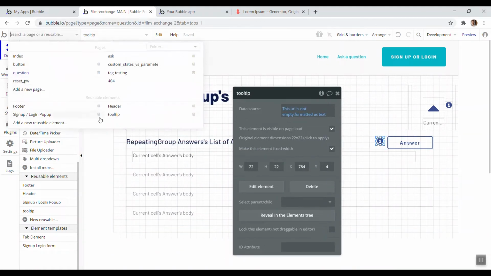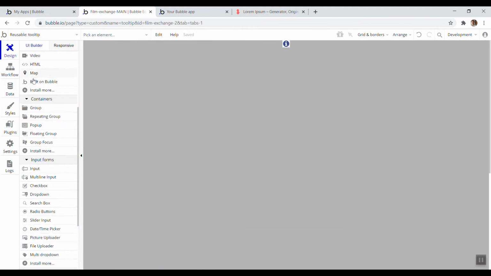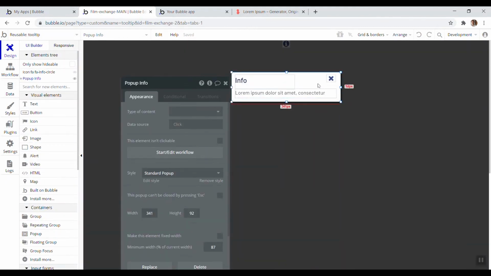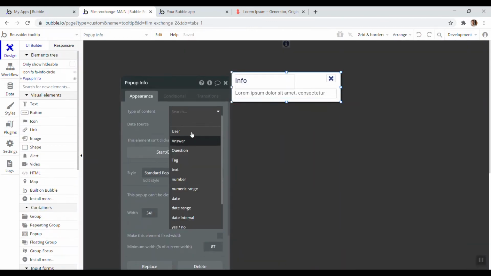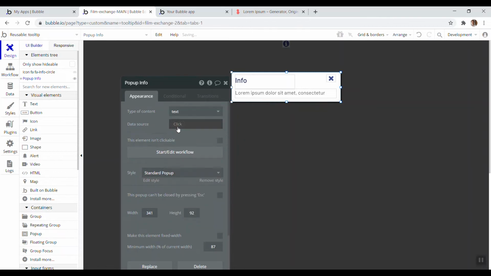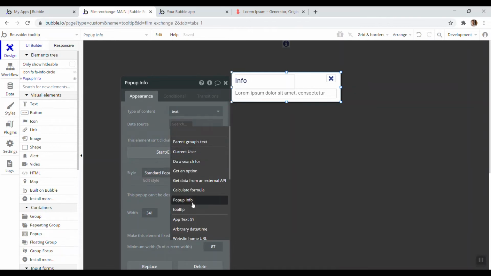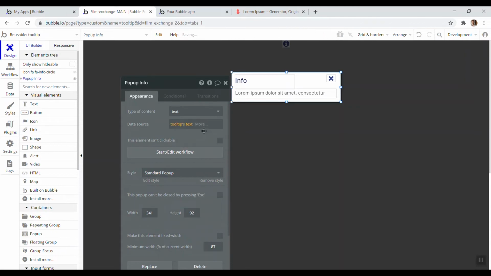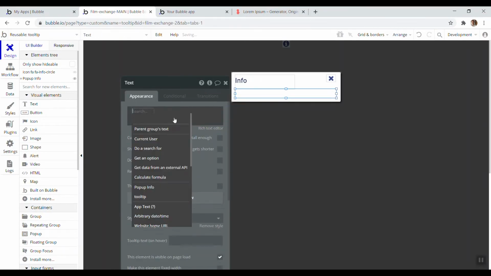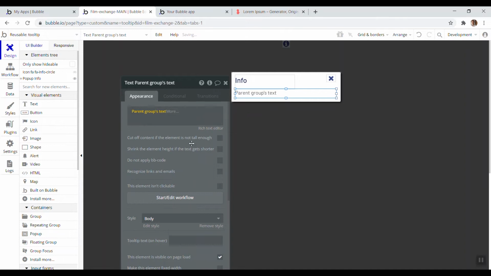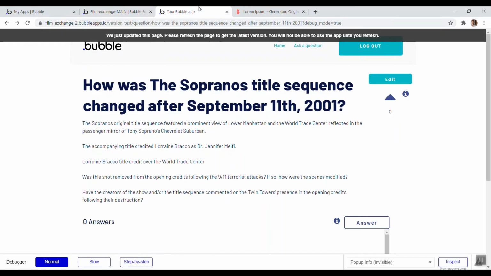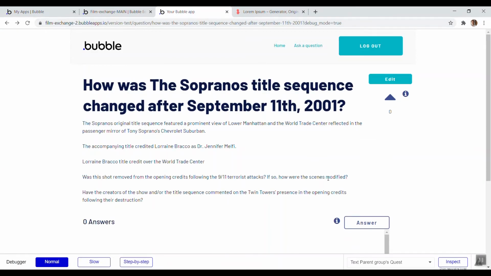Okay, and in the tooltip now, I've got this pop-up. I can set the type of content of the pop-up to be text, and the data source is going to be the tooltip's text. So we're going from the page to the reusable element to the pop-up, and finally we're going to the text. So I'll insert dynamic data and grab the pop-up's text, i.e. the parent group's text. And if I click on this pop-up now,